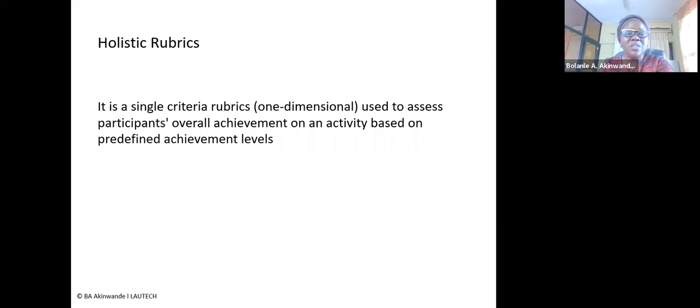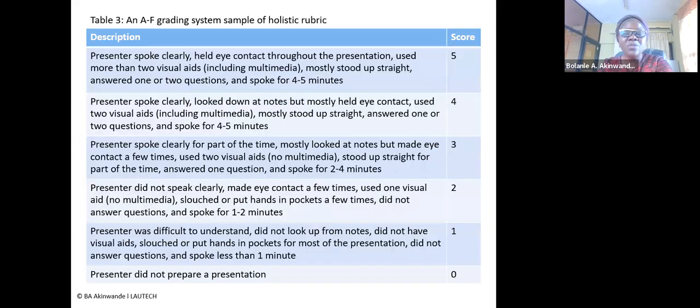And the second one is holistic rubrics. And this is a single criteria rubric. It is one-dimensional and is used to assess participants' overall achievement on an activity based on predefined achievement levels. An example is this one, a rubric to assess a presentation during an oral examination. And we can see the categories of information on the performance that will dictate the score to be awarded